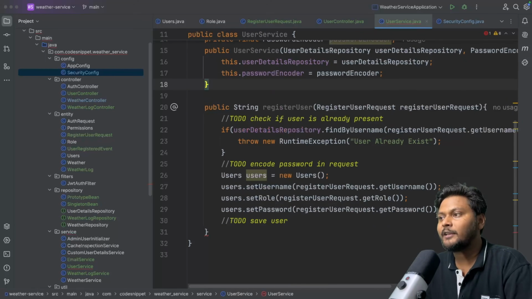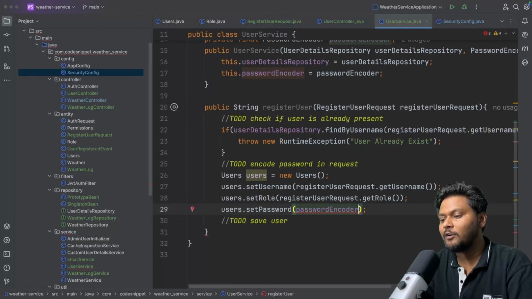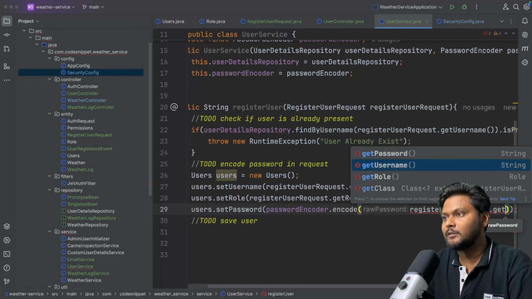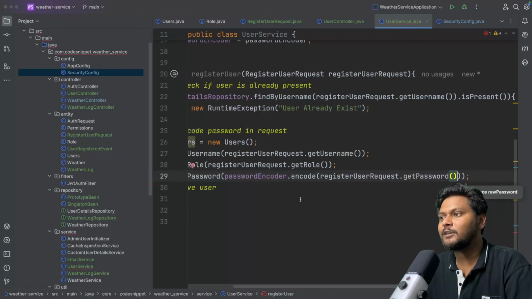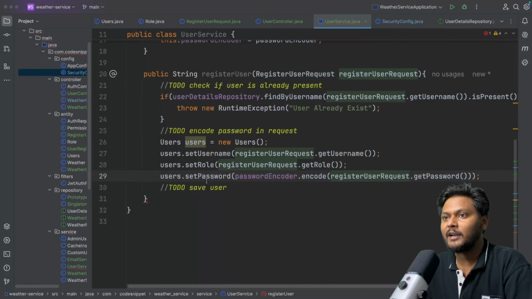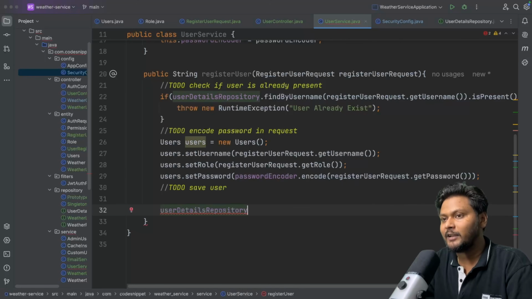There we go. And here we will say passwordEncoder.encode, and we will give it request.getPassword. That will encode the password for us and store it inside the database. The last thing we need to do is save this inside the database.